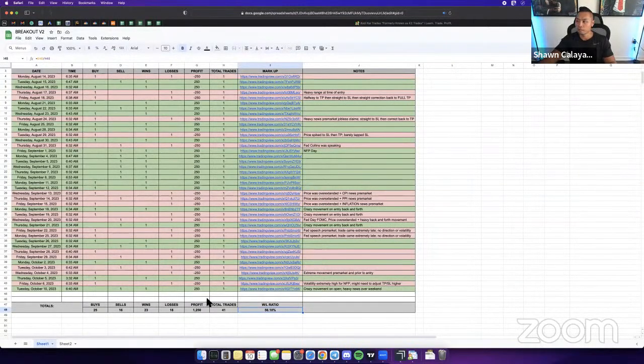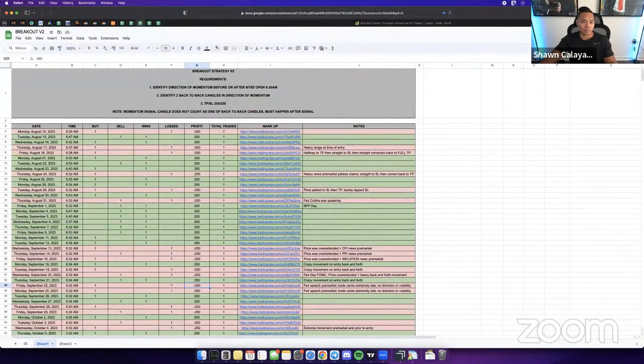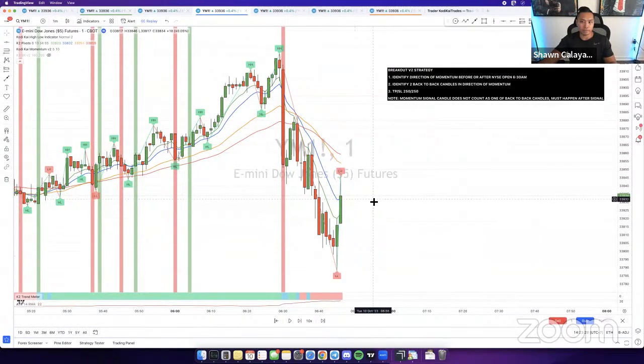So you can see over here, obviously the profits ended up adding up, even though there's a bunch of losses here, a losing streak for a while right here. But they did add up because if you took every single trade, you'd have a winning streak right here that pretty much covered a lot of those losses. And then there are wins in between that pretty much offset the losses. Yeah, that's pretty much the stats for this specific strategy. Pretty straightforward and easy to follow without much subjectivity.